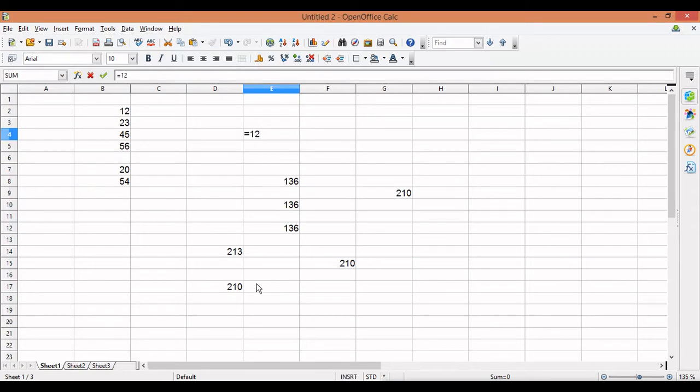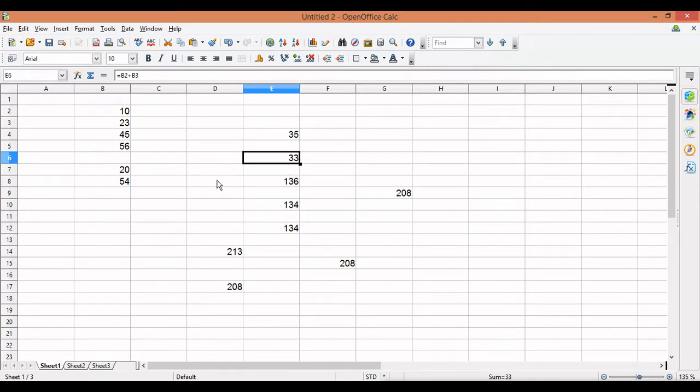If I'm using 12 plus 23 and I'll press enter, 35. Okay, now instead of numbers I'll use the cell address, that is B2 plus B3 and enter. So both will give you the same result. Now let me change this 12 to 10 and enter. Can you see this? Where I have used the cell reference, the changes are reflected there, but where I have used the numbers, there is no change. So it's always better to use a cell address or cell reference.